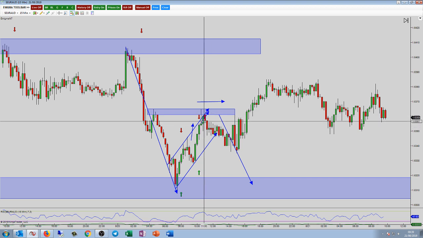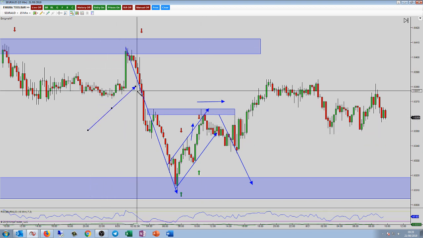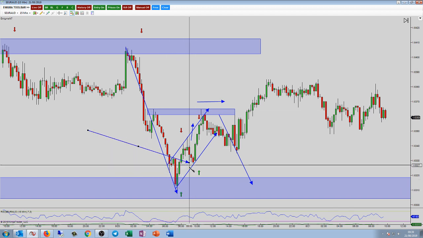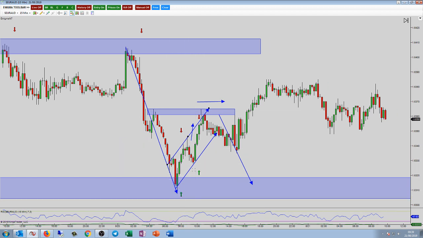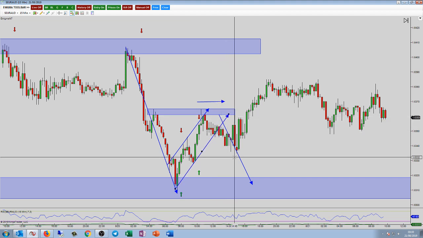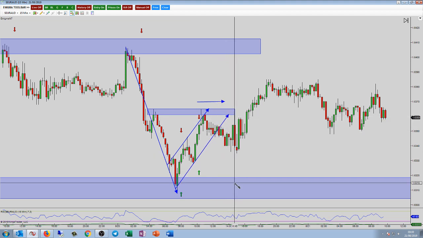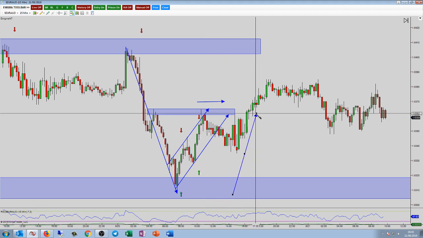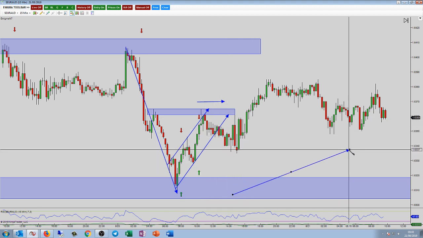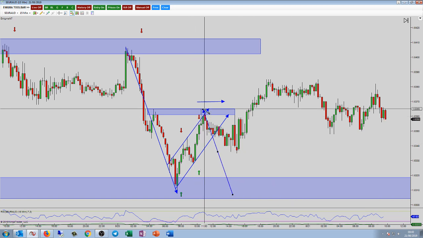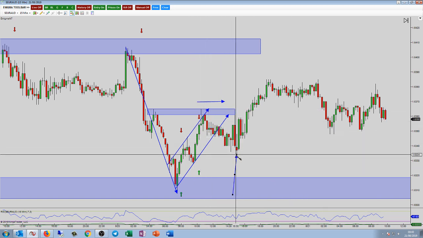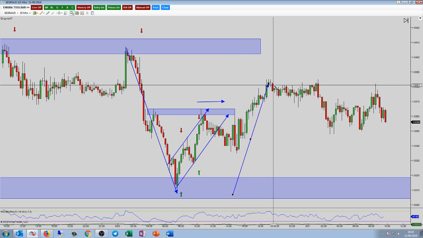Didn't take this trade. I said that I wasn't too happy with the pole because we had this kink in it, we had this leg in it, and even though this did meet the rules, you can see the 4 touches. We came up into structure just here. We had a long wicked candle and then a structure hold with a red candle, and then look at what happened, guys. You then actually had confirmation because we broke out of the channel in the right direction, and like a lot of what's been happening with my structure trading and breakout patterns lately as well, we got the confirmation and then it went the other way.